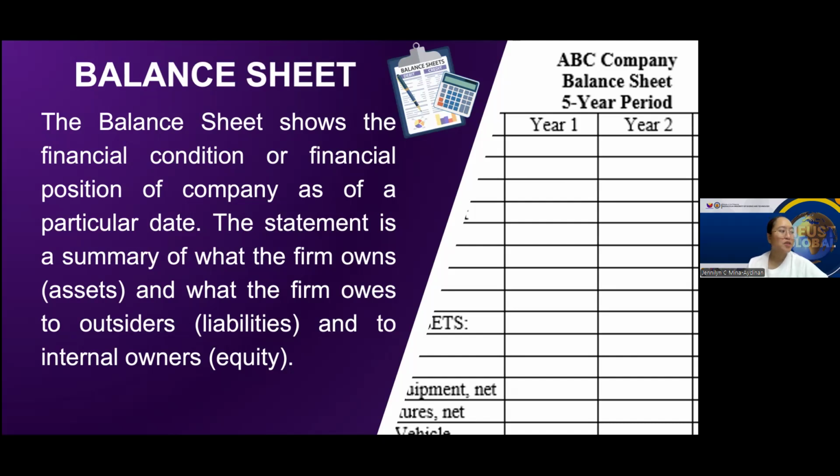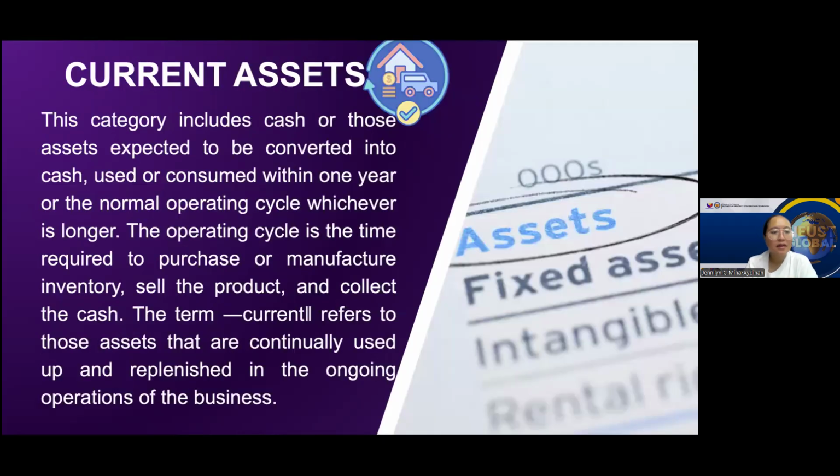All right, so let's proceed with current assets. Current assets are assets that can be easily converted into cash or used up within 1 year or the company's normal operating cycle, whichever is longer. Okay, so this includes cash, inventory, and accounts receivable. Working capital refers to the difference between current assets and current liabilities, showing the company's ability to meet its short-term